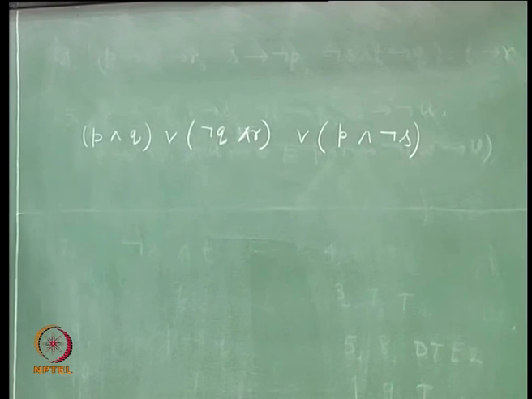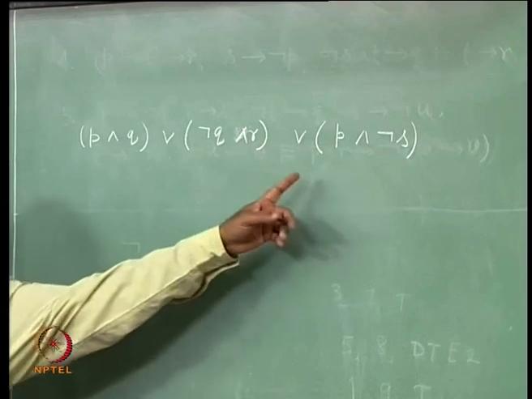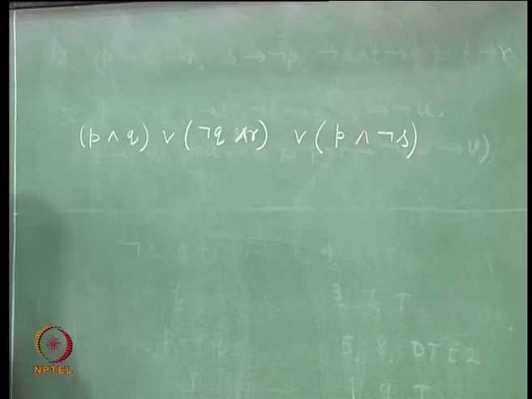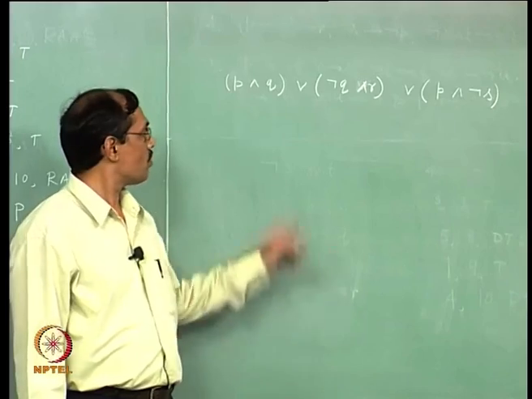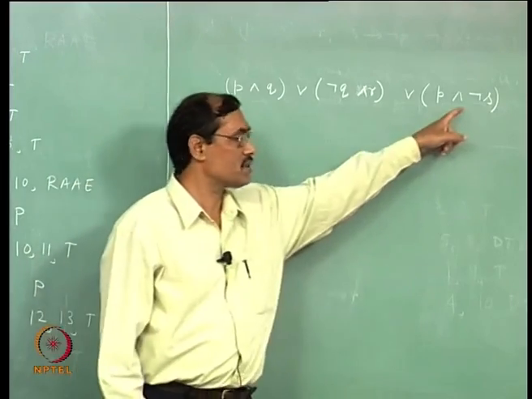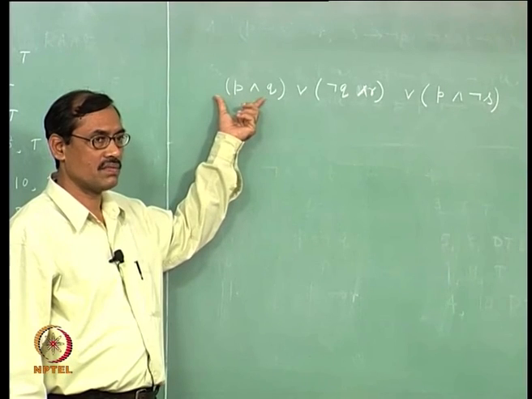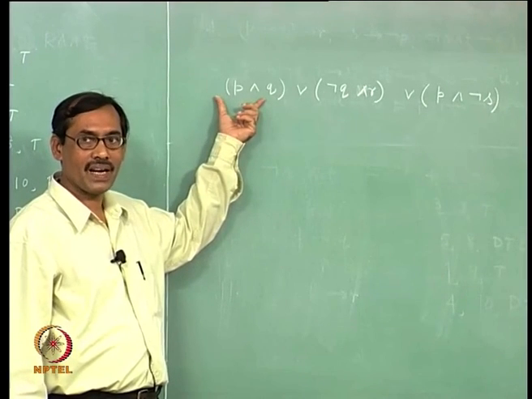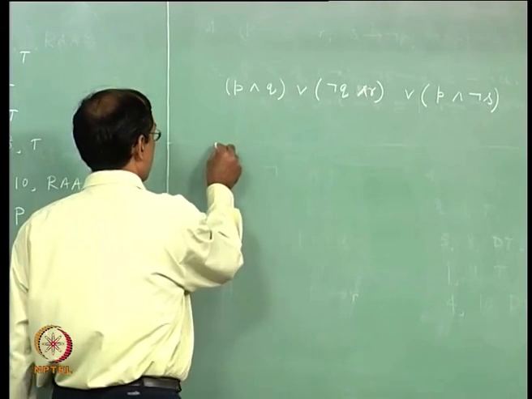Now, can you tell me what are its models? See, a model means you are searching for one interpretation which makes the proposition true, right. It becomes 1. Now, it is an OR proposition, everything is OR together. So, this becomes 1 when any one of them is 1, right. So, one avenue will give you this as 1, another possibility 1, another possibility this as 1. Now, this is one AND proposition, it is a conjunction of many. So, this can be 1 when all of them are 1, right. So, now we have 3 possibilities.